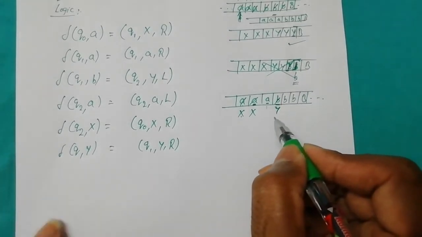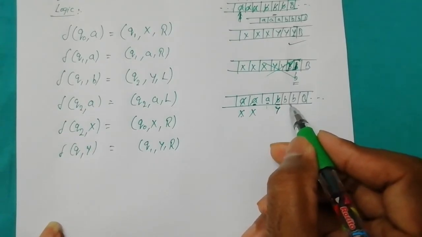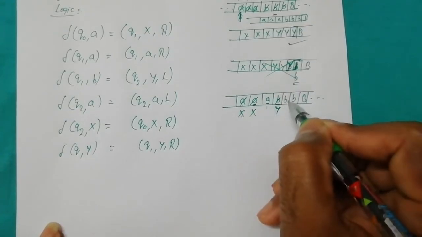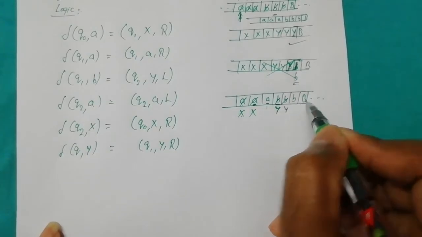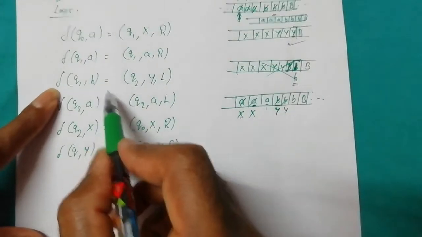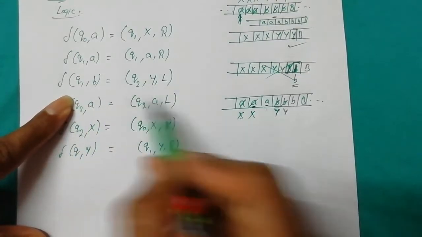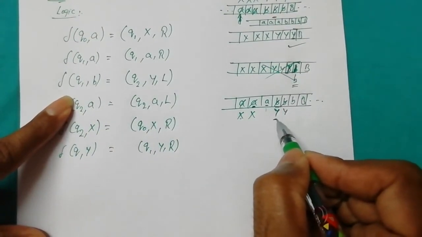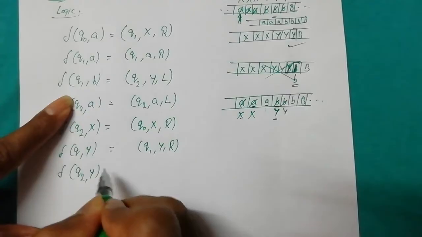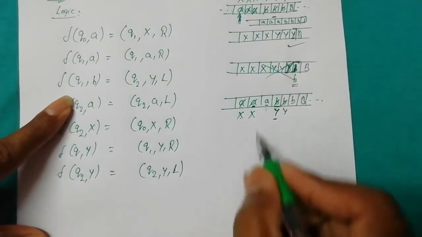We already know that after Y's there will be a B which needs to be converted into Y. This is the correspondence. This B is the second B. We already modified the second A to X. So we convert this second B to Y. That is, Q1 will come across with input symbol B: Q2, Y, left. We move to this cell. Now the current read/write head pointing symbol is Y. Now we have to define a new transition Q2, Y. We just skip that symbol until we move to the X.